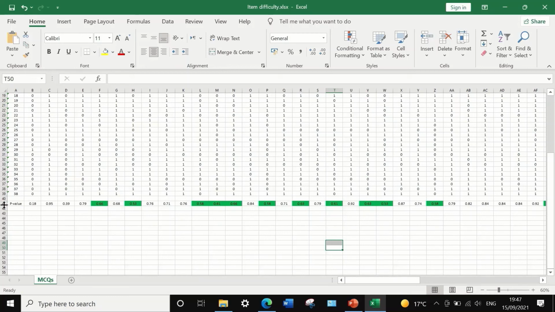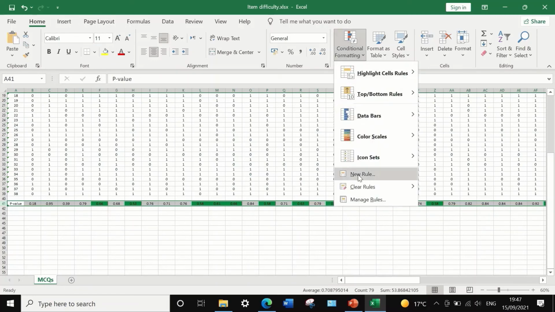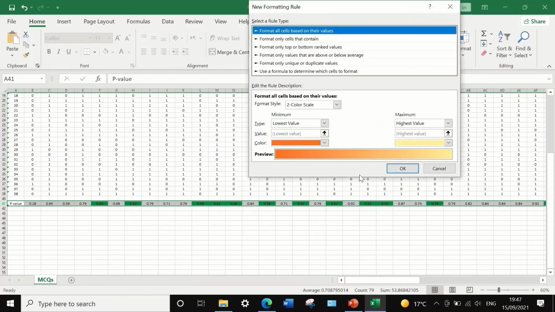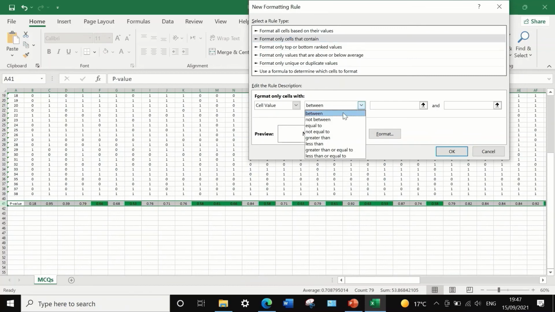Now for the rest, which will be either very easy or extremely difficult, again, we're going to do the same. Click on conditional formatting, scroll down to new rule, and then click on format cells that contain. Again, the same thing. Instead of selecting between, we're going to select not between, using exactly the same values, 0.4